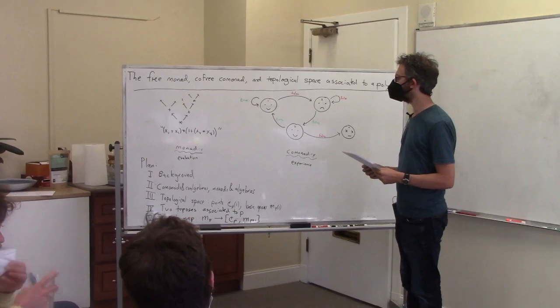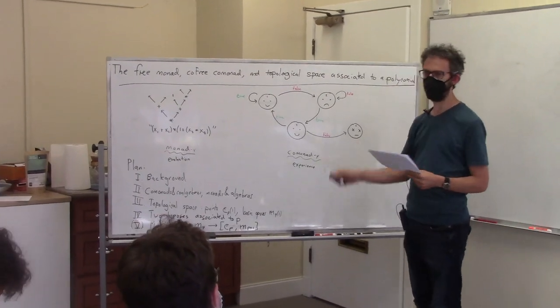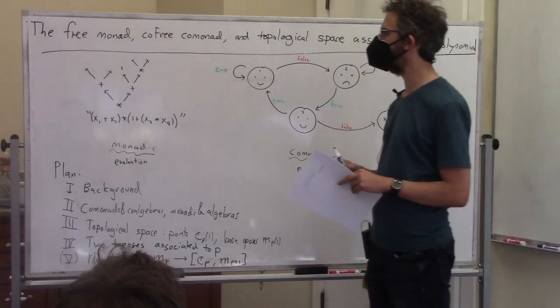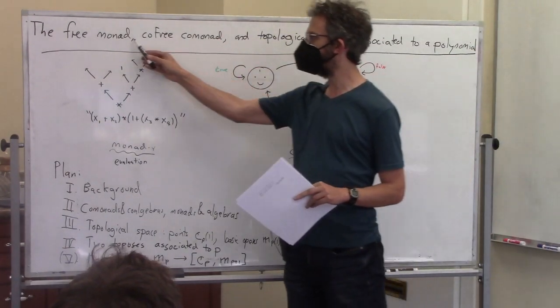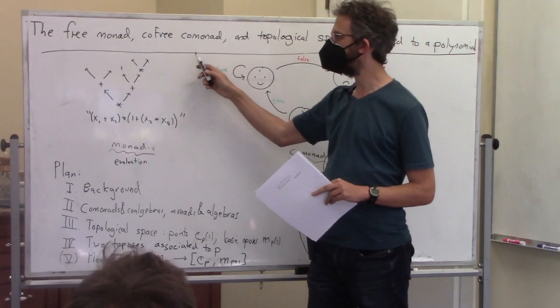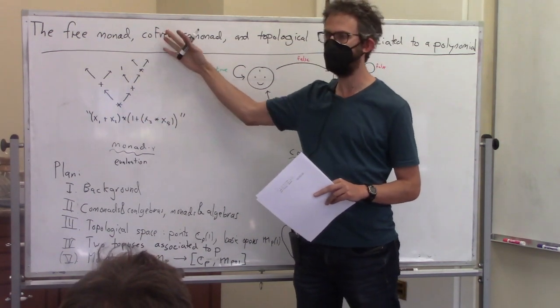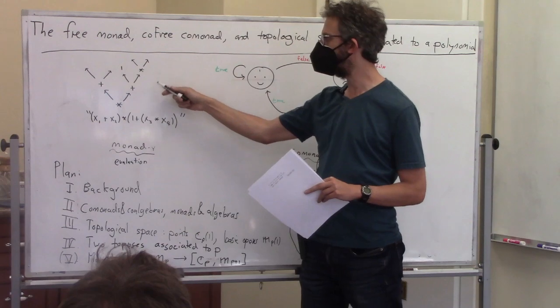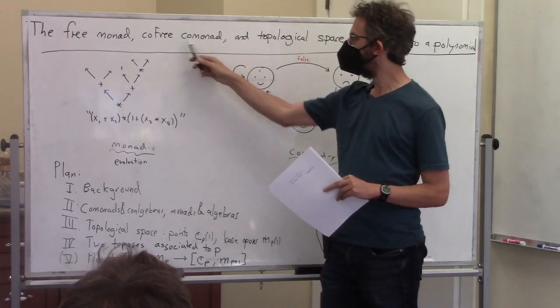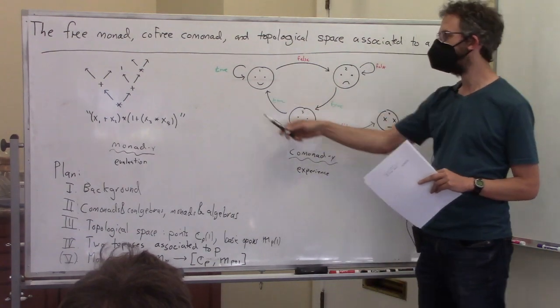So, to any polynomial functor, which I'll define again in case you haven't seen it, we can associate a monad from Set to Set, the free monad, and it has a nice description that looks kind of like syntax trees. This would be like one element of the free monad, and this would be kind of the arity. A cofree comonad, which is like some kind of,